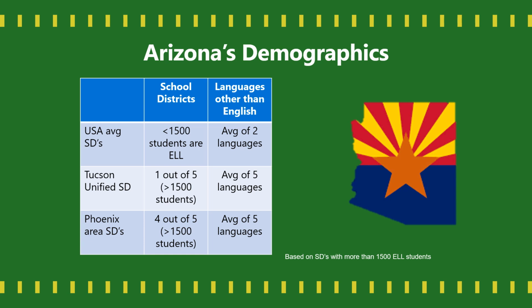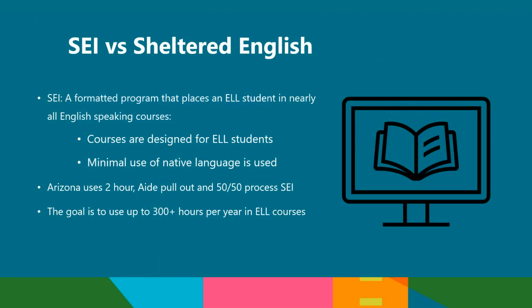So with these staggering numbers, what is an adequate process in which we can assist students to be on level ground or maintain equitability with their peers? Well, a strong approach that has proven successful is something known as Structured English Immersion, or SEI. Structured English Immersion is a system used by the state of Arizona, and it carries with it the goal of exposure through education. What this means is that students do not learn language through identified language courses, but learn the material that is included with their standard curriculum.